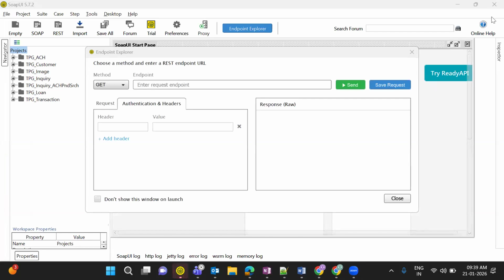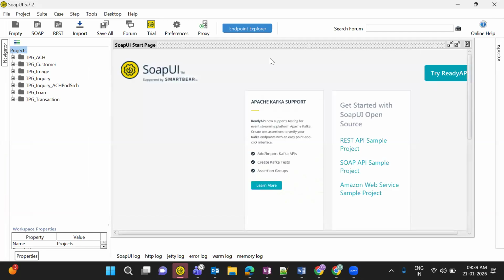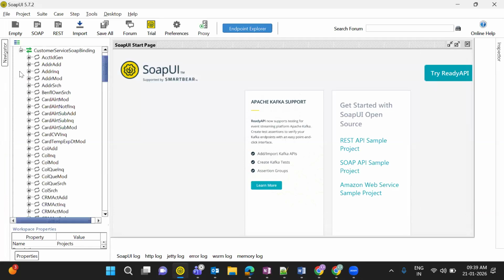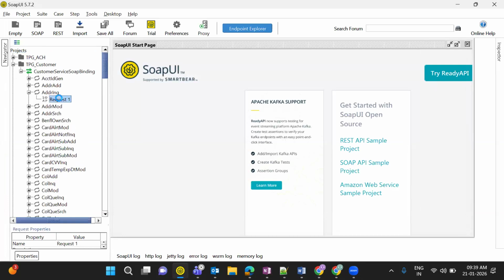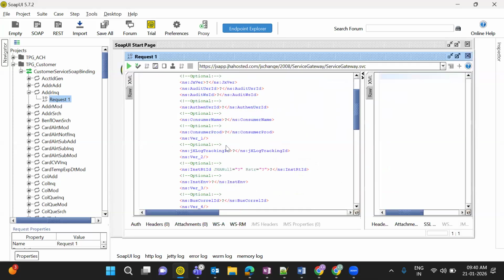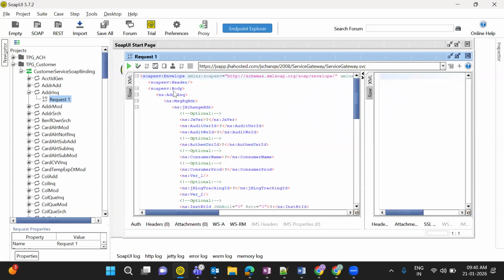So this is SoapUI, like Postman. This is a tool. I have worked on one bank, and the bank gave me the Bizdels. I have the account details, for example, account inquiry. This is the SOAP API. So here you can see my SOAP API is having